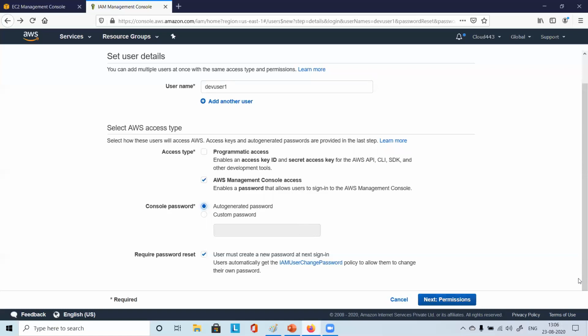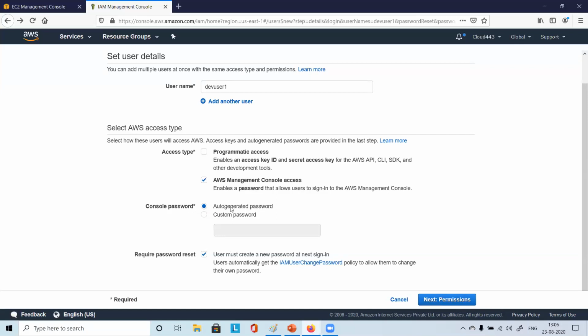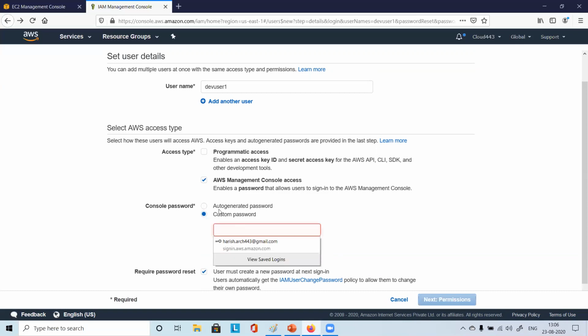So what we can do is we can just go next to permissions. Auto generated also you can choose, anything you can choose. Okay, Prashant, what have you chosen? I used custom. Pradeep, I chose custom only. Okay, so let me also choose custom.